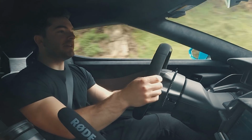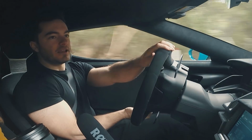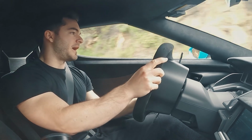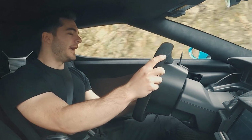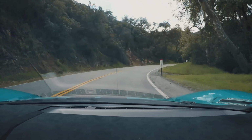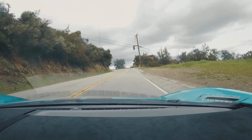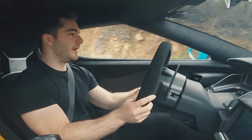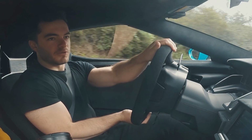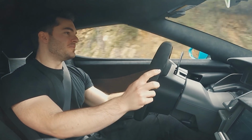It is amazing how planted this thing is. It's truly incredible, the amount of confidence that it gives you. And I've been used to the Ferrari for the past few months driving on this road. What I'll say about the Ferrari is that when you put down the accelerator hard out of a corner, it really likes to start slipping. And that was not an issue in the McLaren, and it's certainly not an issue in this. We're only driving about 3/4 right now because, again, I just want to play it safe. So far, been going for...